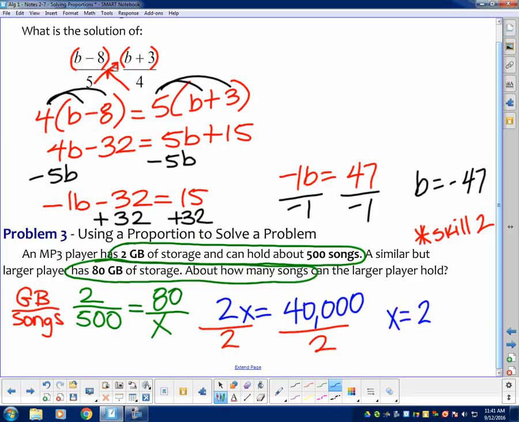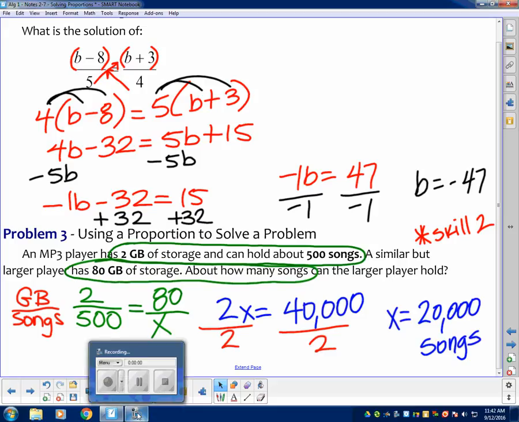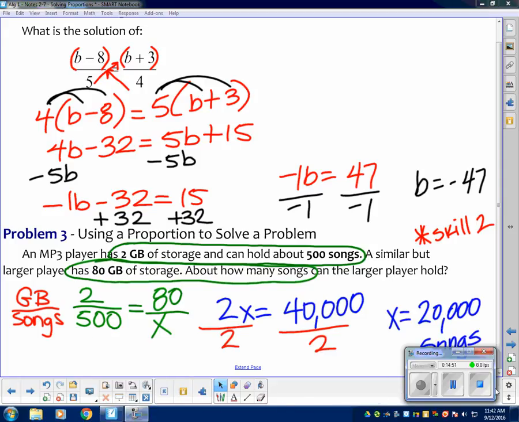How do you combine? 20,000 what? Gigabytes? Songs. That's going to be a lot of songs. It's 20,000. You get some rock and roll, some hip hop, some R&B, some gospel songs. So you have it even